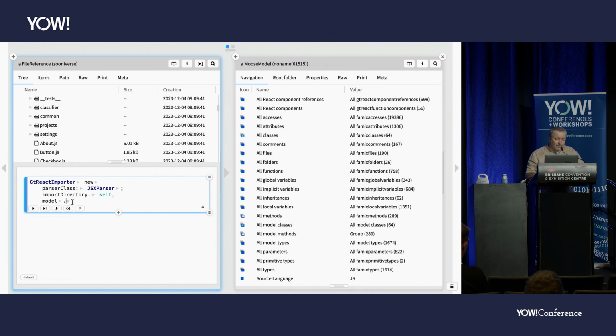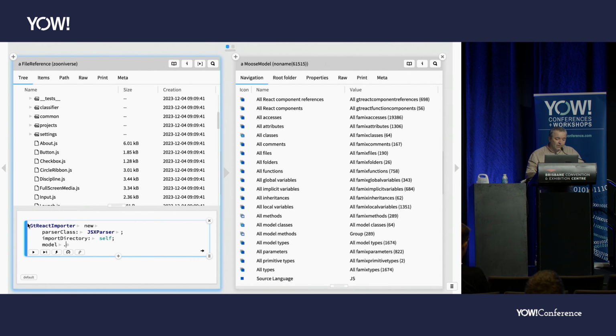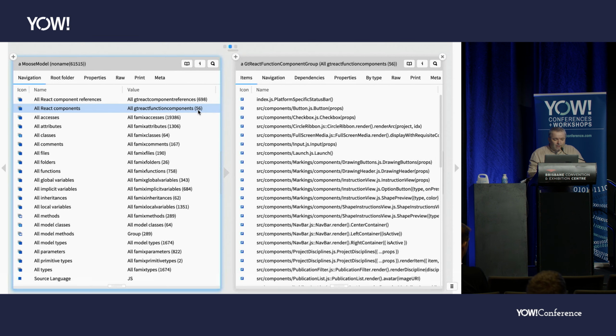So here we built a little thing. And if we execute this, we get another perspective over the same sources. One way to look at the system would be to just see files. But another way to look at it would be to simply say, well, show me a different perspective. So for example, here it shows me a model. And so what does it mean to have a model? For example, here I have the list of all